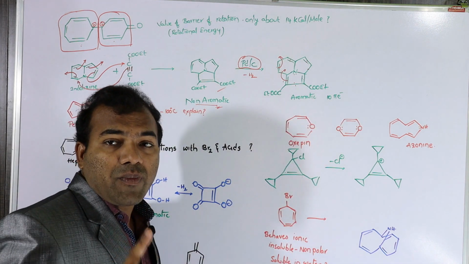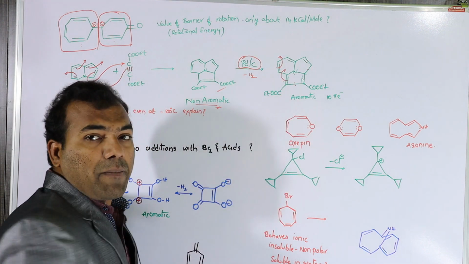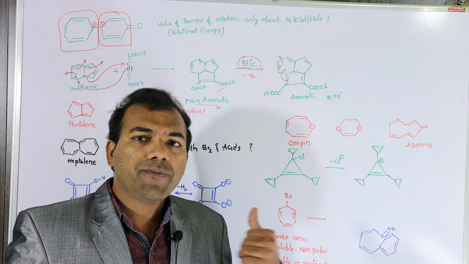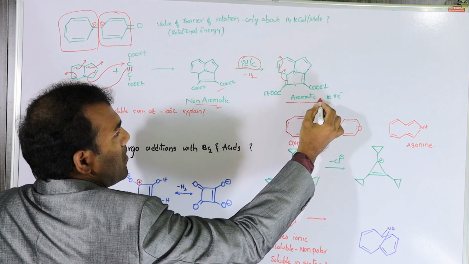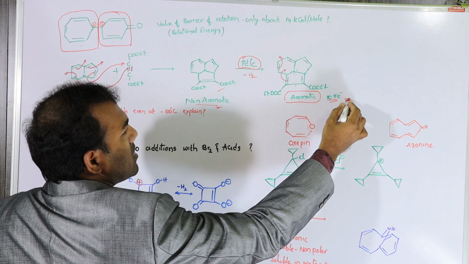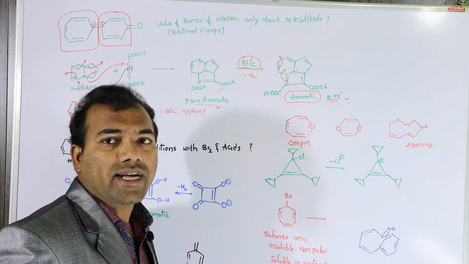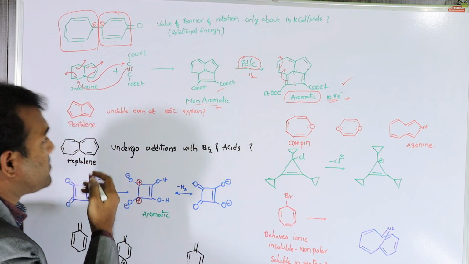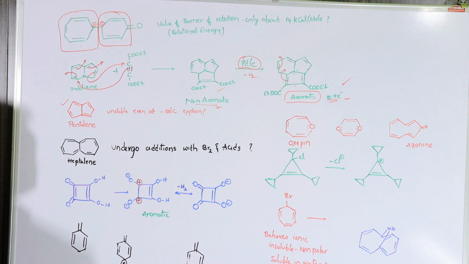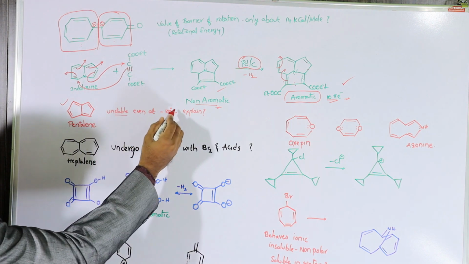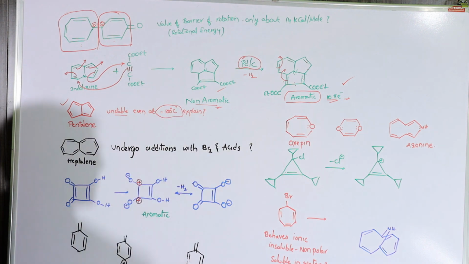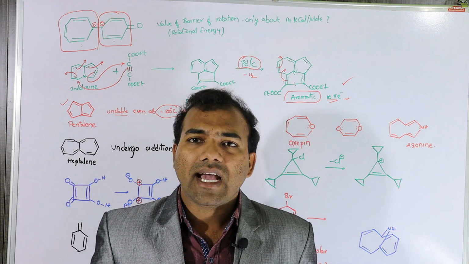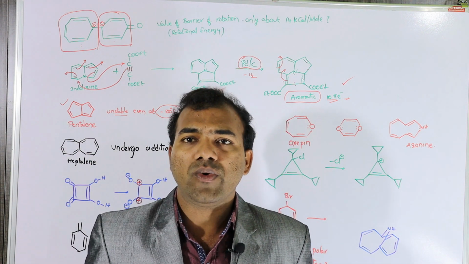Here one thing is very important: the electron pair on the nitrogen is not at all involved in the delocalization. So this is a strong aromatic compound. According to Huckel's rule, this compound also satisfies the rule, that is 10 pi electrons, the 4n plus 2 pi electron rule. Let us go to this example, pentalene. Pentalene is unstable even at minus 100 degrees centigrade.